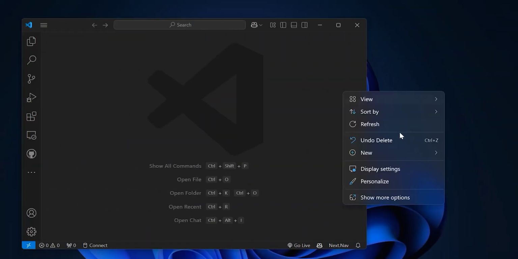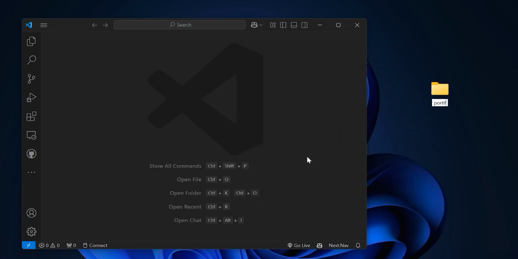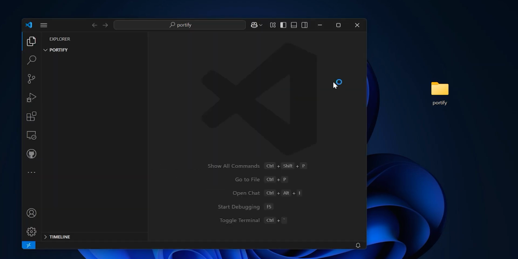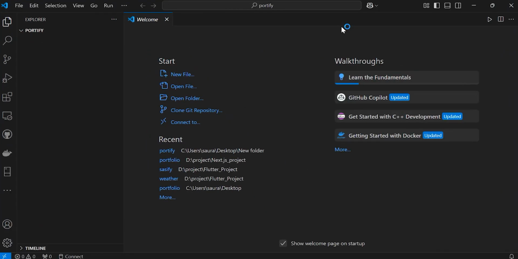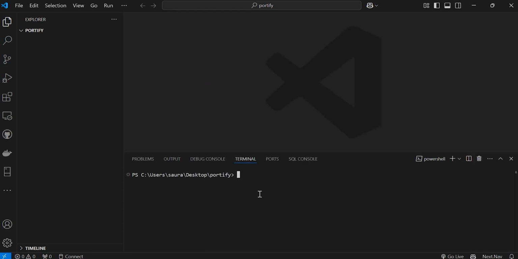Let's create a project. So here, create a new folder and name this folder Spotify, or whatever the name of the project is. And then after creating this folder, drag this folder to Visual Studio Code. Now maximize Visual Studio Code, open the terminal, and within the terminal specify the command npx create-next-app@latest and then ./